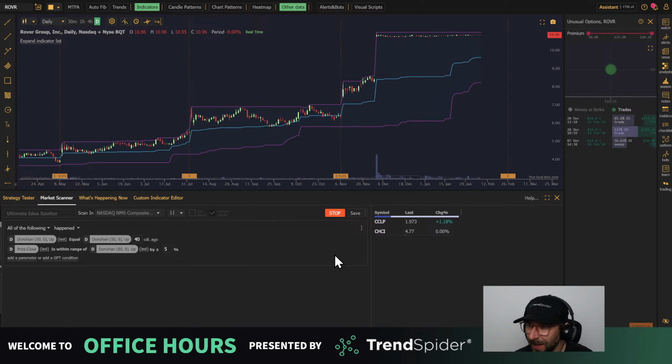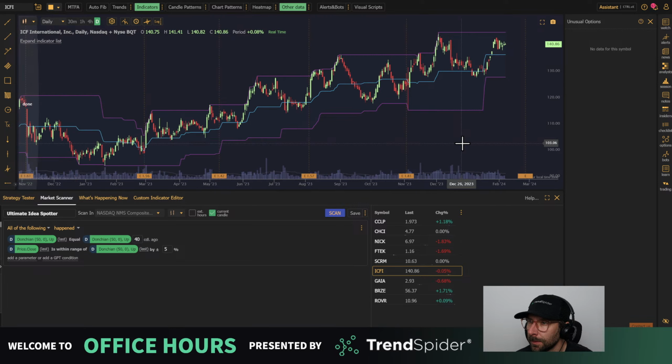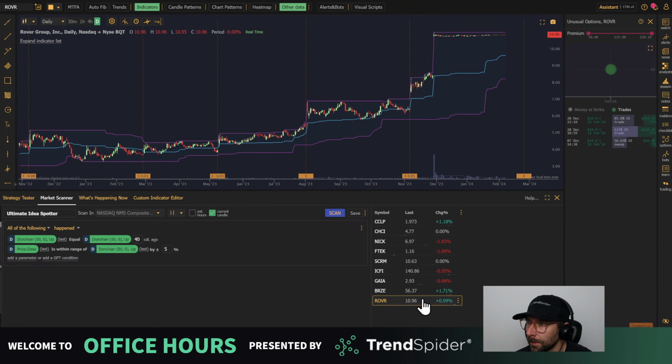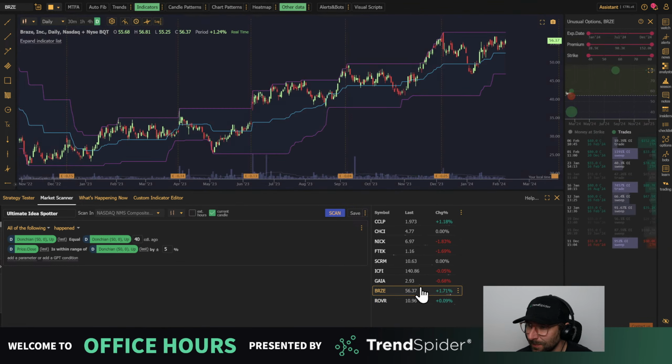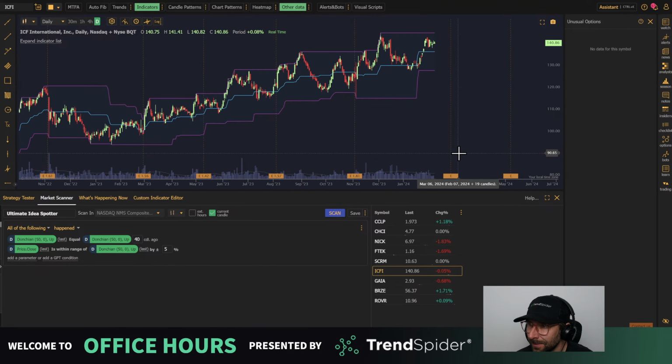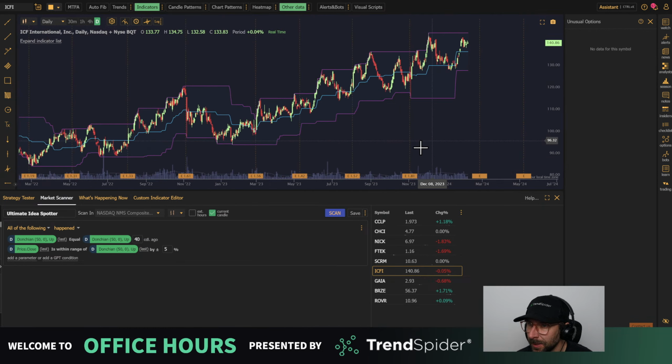And then if you wanted to define the volume piece, let me show you really quickly. These are kind of more like what I assume you're looking for, like this BRZE here, this ICF. I don't know what they've gained in a 3 month, 1 month. Maybe they haven't gained what you're looking for in those time periods, but steadily gaining higher, doing that consolidation thing. And then when you're looking for volume decreasing, what I would do